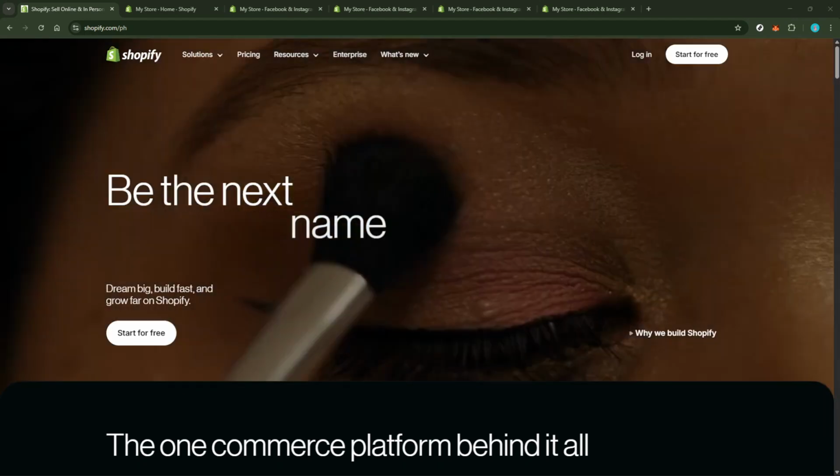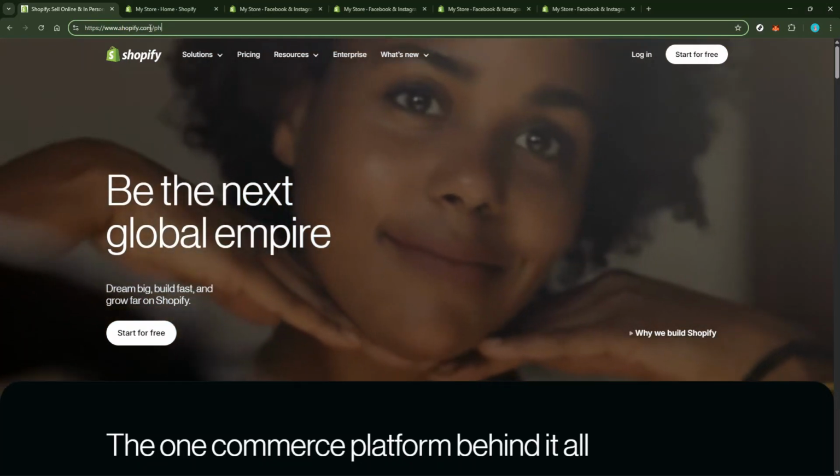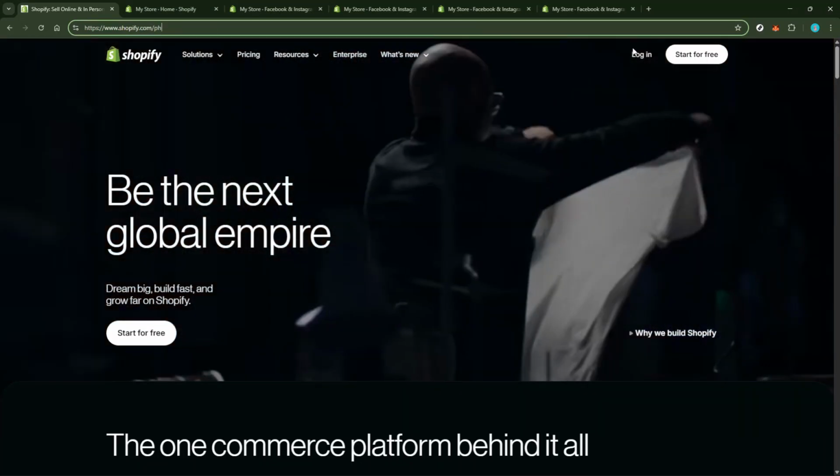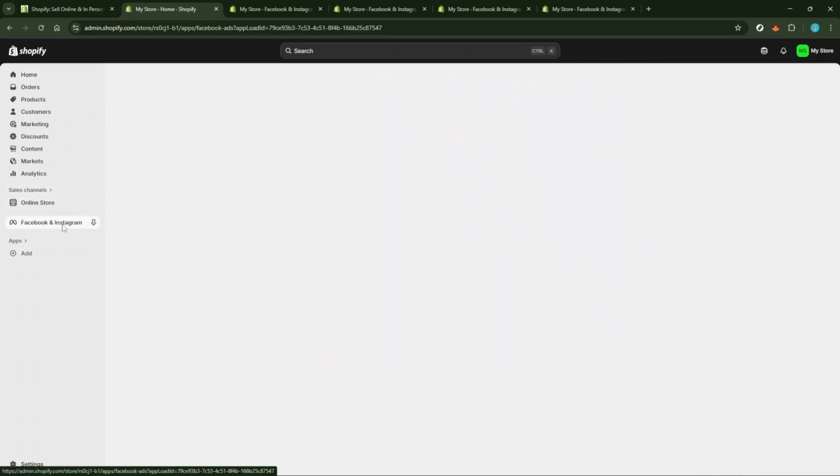First, you'll want to log into your Shopify admin interface. This is where we'll begin our integration process. Once you're in your Shopify admin, head over to the Sales Channels section. Here, you should see an option for Facebook. If you haven't already added Facebook as a sales channel, you'll need to do that first. This integration allows you to sync your Shopify store with your Facebook account, which is essential for running Facebook ads